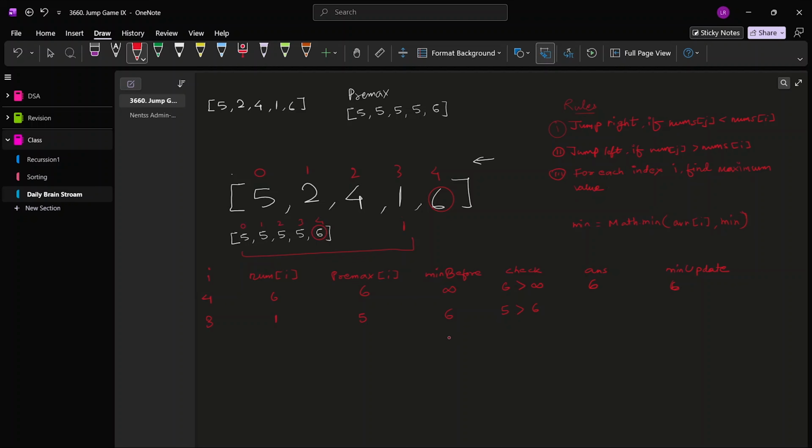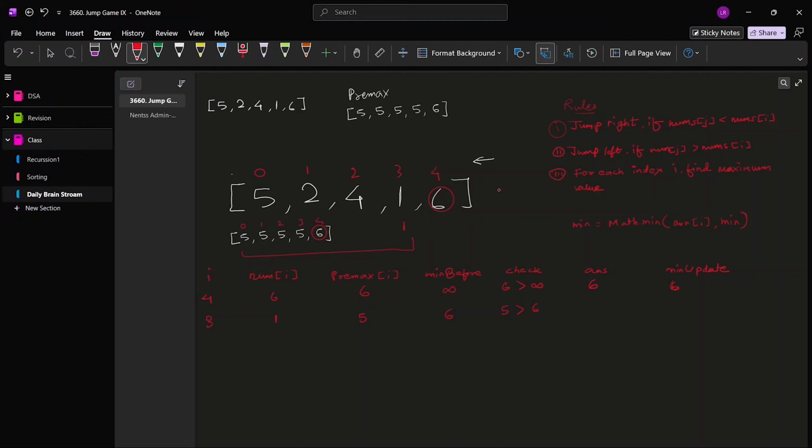So no, it is not. मतलब कि हमारा 1 जो है इस 1 के राइट में कोई भी छोटा एलिमेंट नहीं है।